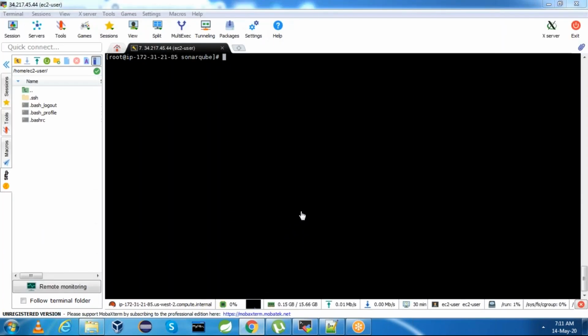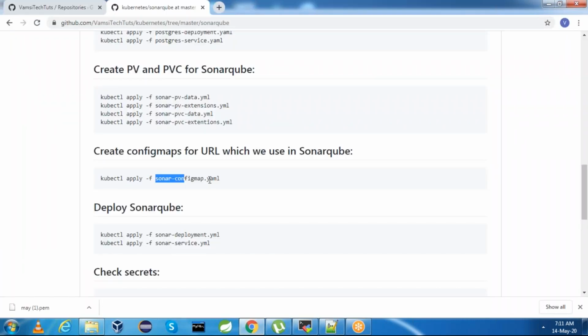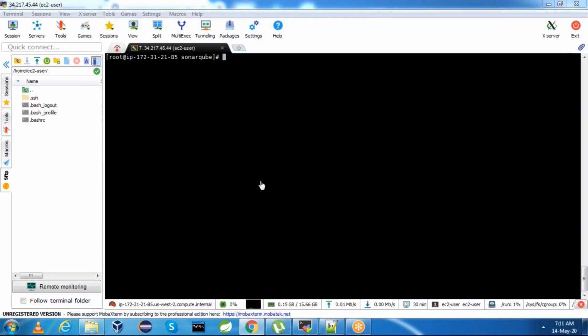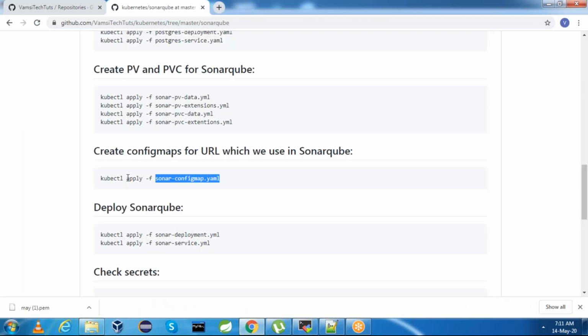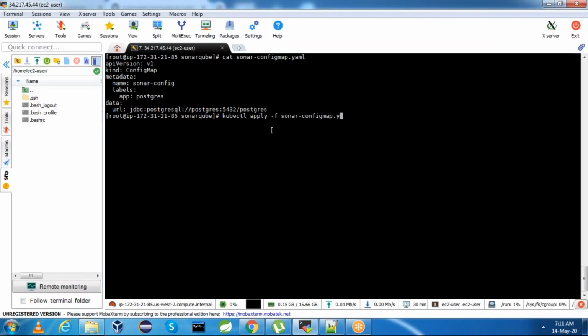In the config map, what we will mention is the SonarQube JDBC username, the SonarQube JDBC password, and the SonarQube JDBC URL, because we need to link Sonar with JDBC, right? If you see here, we just mentioned the URL jdbc:postgresql. This Postgres is nothing but whatever we have exposed as a service. This is the service name Postgres, then 5433 is the port number, and the URL is this, right? This is the config map. We need to create the config map so that we will use it in the SonarQube deployment.